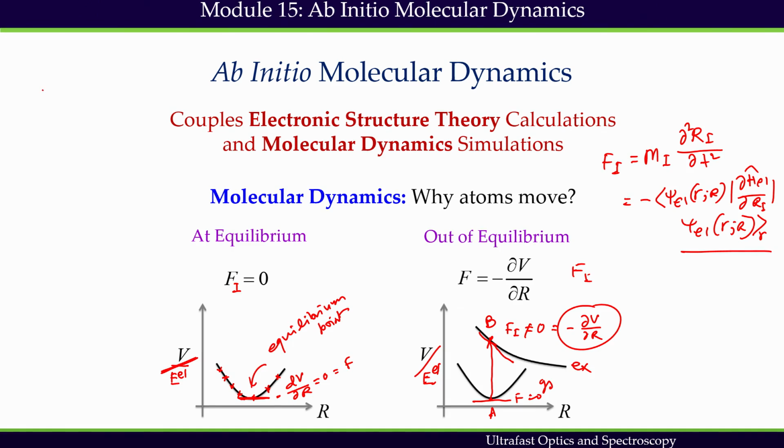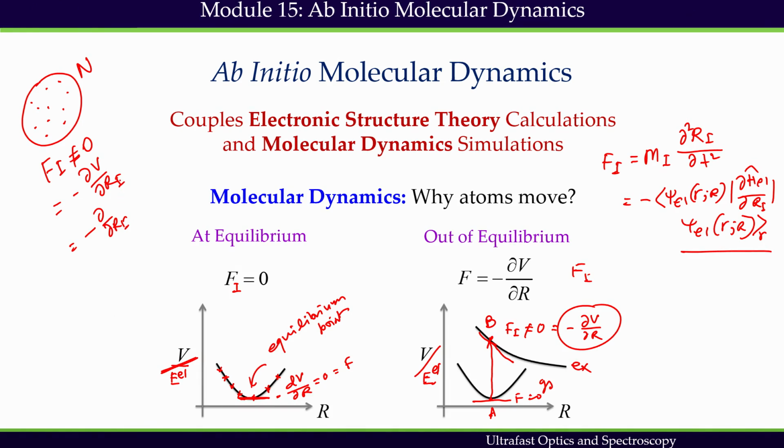So, I have a system having n number of nuclei, and this system will evolve, which means that position and momentum of different nuclei will change because the force acting on them is not zero. And how do I get that force? Force can be calculated from the potential gradient, and this potential gradient can be calculated from electronic structure theory calculations,